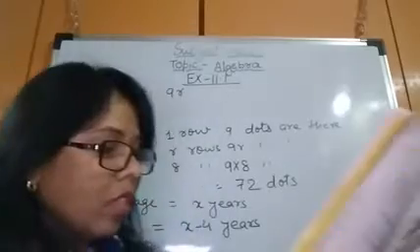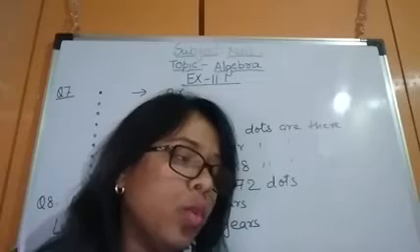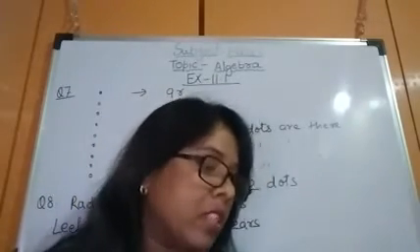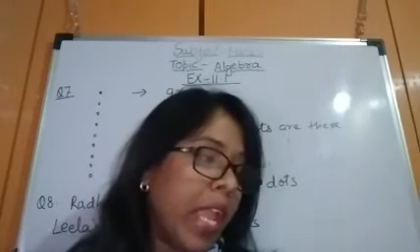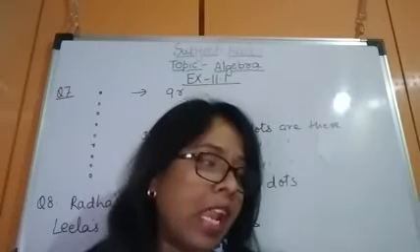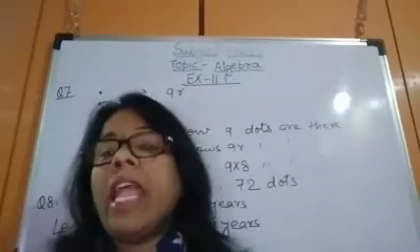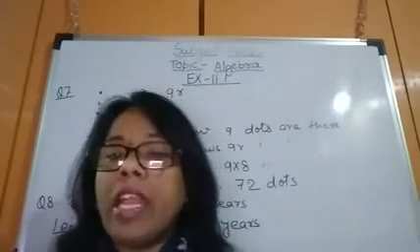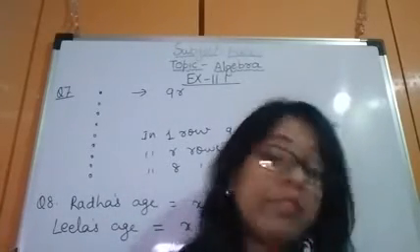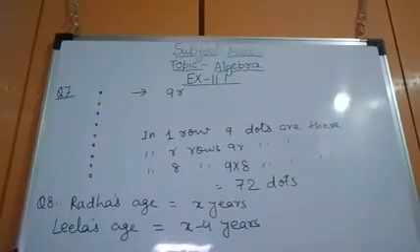Fine. Now next is question number 9. Mother has made laddus. She gives some laddus to guests and family members. Still 5 laddus remain. If the number of laddus mother gave away is L, how many laddus did she make? Here, mother has made some laddus. She distributed L laddus and now she has only 5 laddus left. So how many laddus did she make? How can we find out? So just see.